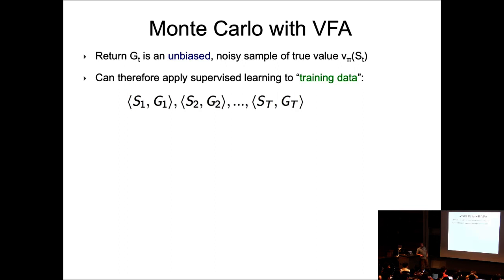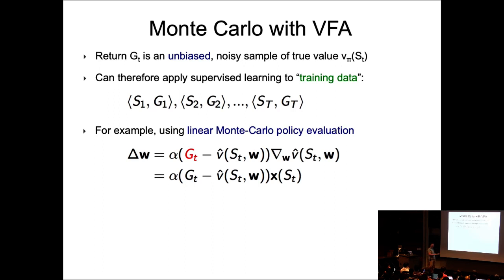So in principle, you can apply supervised learning to the training data. Because you're in a particular state S, you unroll the system to some terminal state, you look at your reward, and that's your signal. You take a new state, you unroll it, and that's your signal. Now, this is a noisy signal. So maybe you want to do multiple unrolls, some in parallel, to get some estimate of G sub t. And obviously, you can see that if your state space is large, then you have to figure out what states to choose. Do you randomly choose the states and so forth?